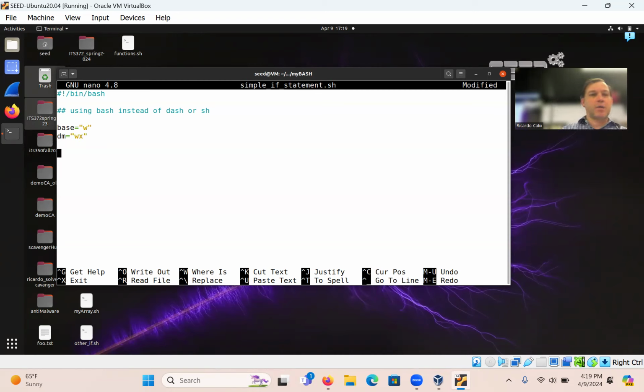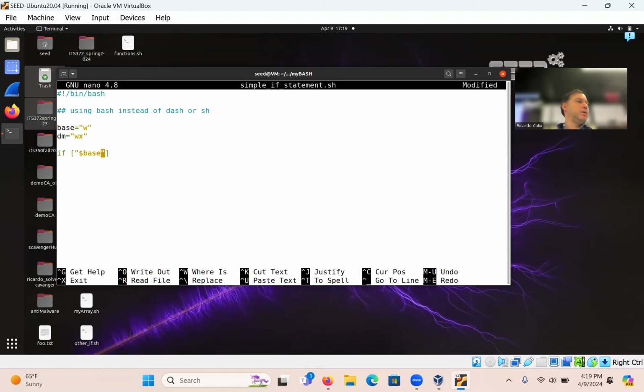And then I'm going to create some if statements. So I'm going to say if, then you have to do double quotes, $base, right? Notice that whenever I declare the variable, I declare it without the $, but once I reference it, I'm going to use the $, okay?